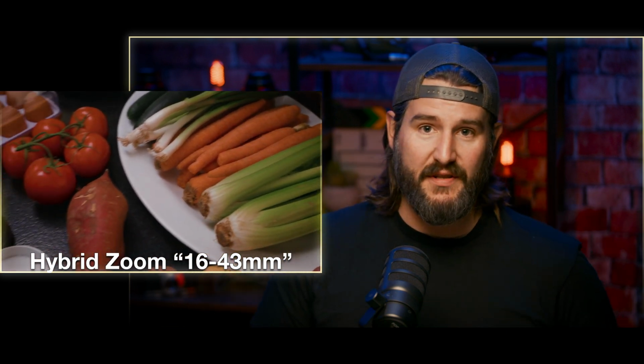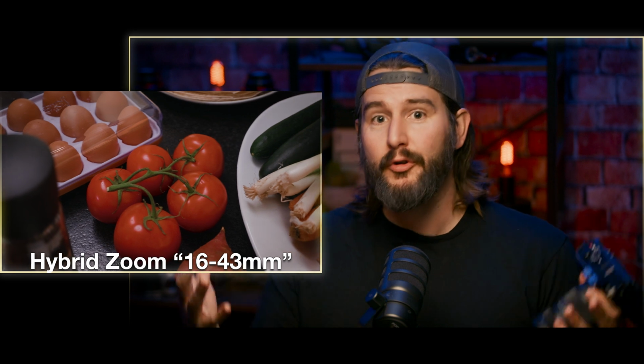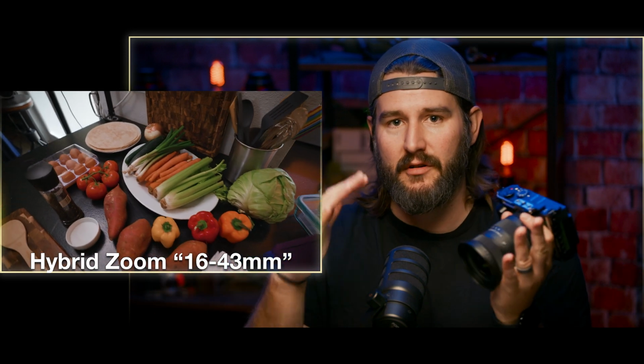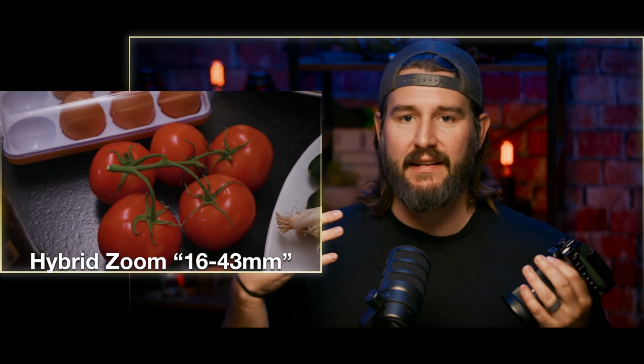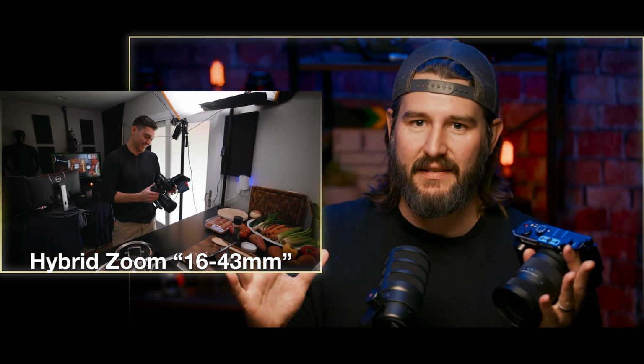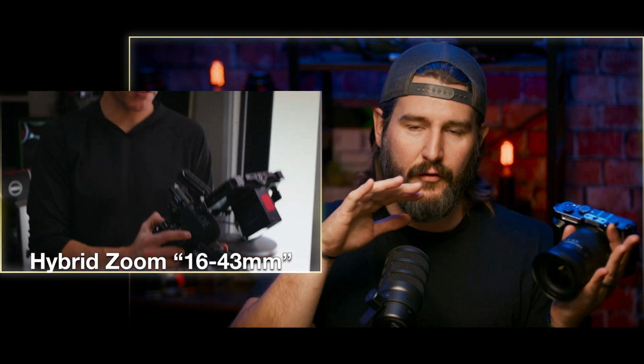Now, it does come with some sacrifices because this isn't a true full frame 16-43. It is a full frame lens. It is a constant aperture at 2.8, but as you're zooming, it is cropping into the sensor, and it is thus kind of limiting that field of view that you normally would get with full frame. So it's not like a full frame 43, but it's more like an APS-C, the 43 equivalent. It still technically would be like a 43 on full frame, but I don't know, maybe more like a 28, I guess, on APS-C is technically how it's working if you want to get into the math and